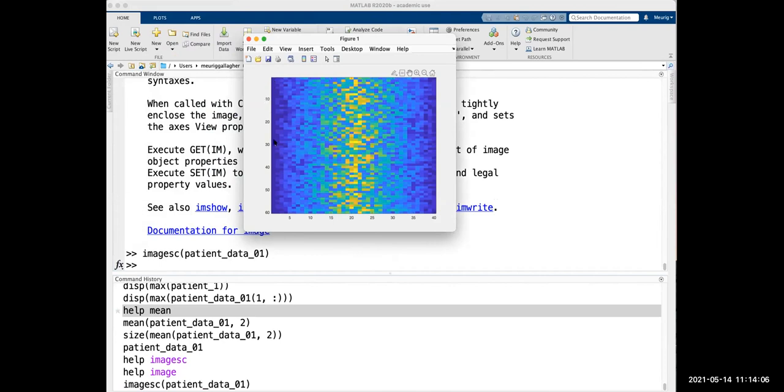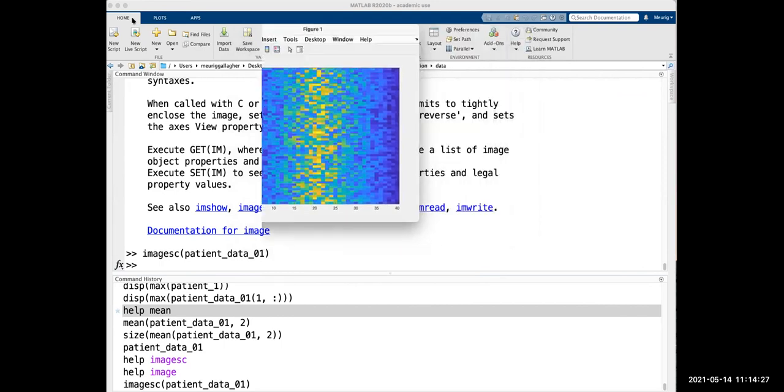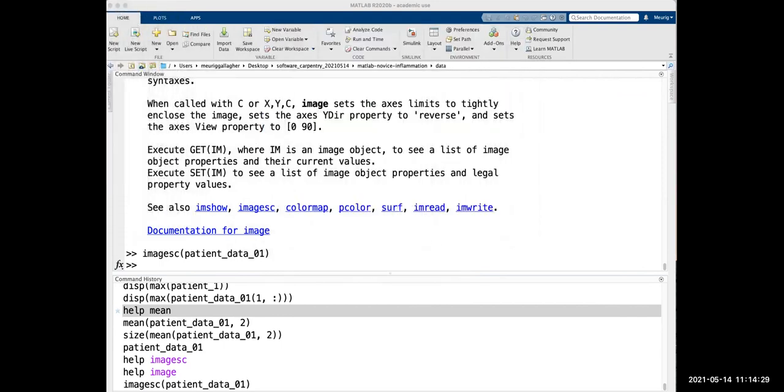You see here, an image plots from the top left corner, just like an array. We have our 60 rows, so each row in our image represents a patient, and we have our 40 columns, so each column represents a measurement. We see different colors: the bright yellows will be the maximum, and the dark blues will be the minimum.